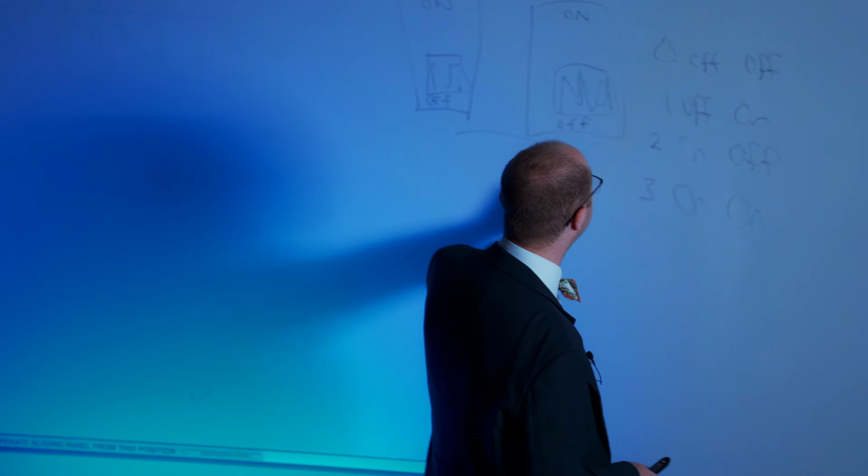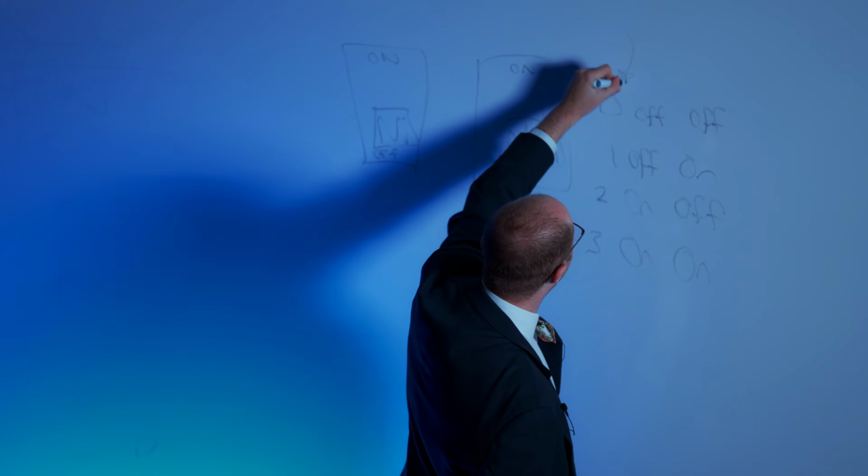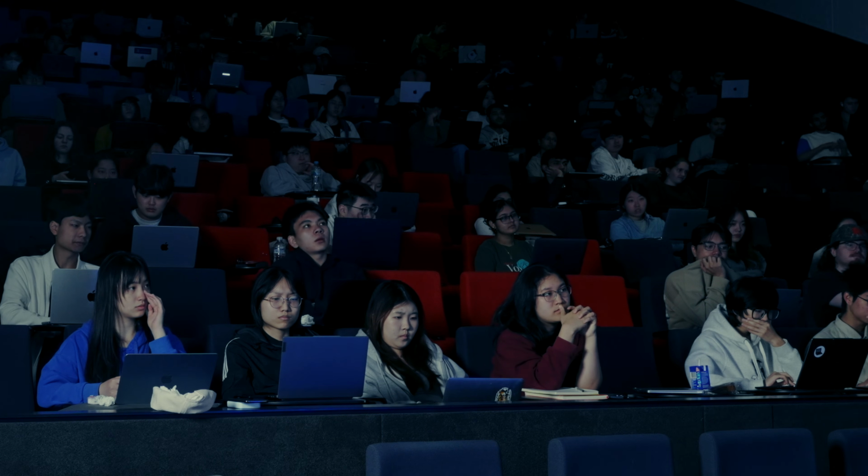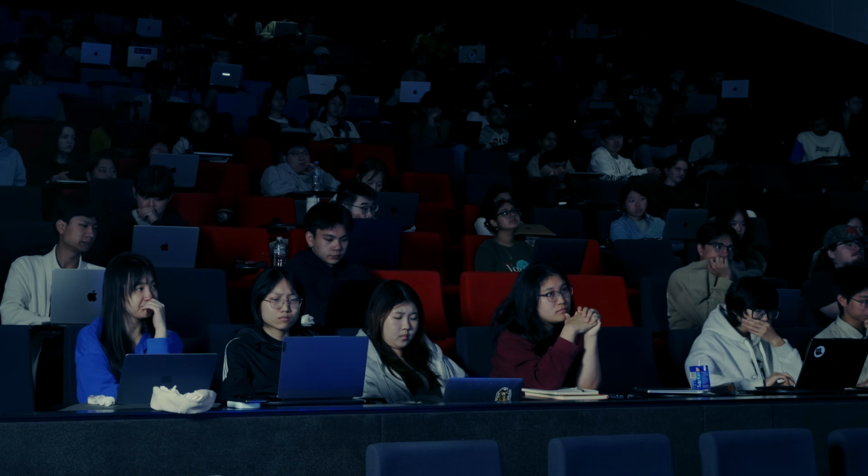But then if I only have 2 switches, when I get to the end, well, I guess I can go back to off again. That's the next kind of arrangement in my cycle. And so this is what C is going to do with numbers. When you run out of room in the integer that you created, when you create an integer, it sets aside a number of bits, which are just like switches. And when you have all of the switches on, and then you add another one to it, it's going to flip them all off again.